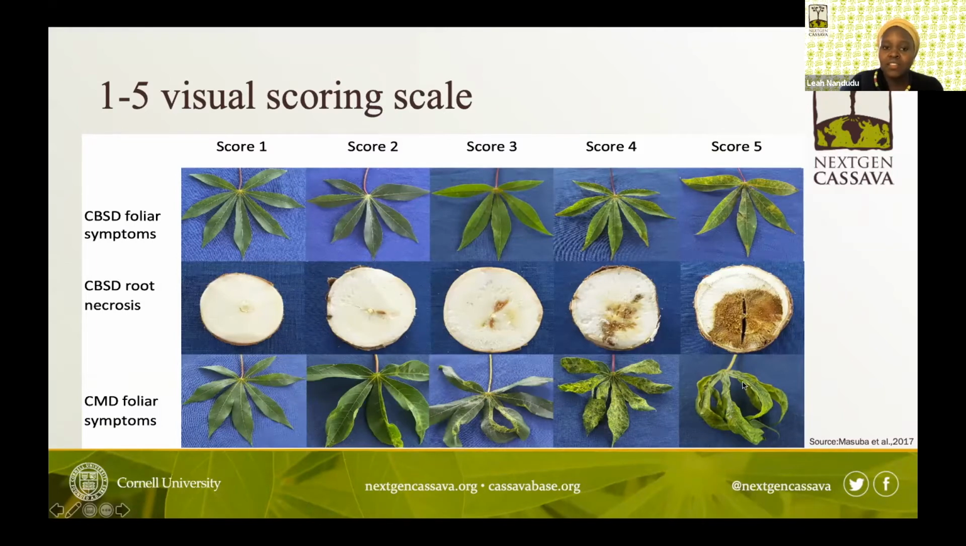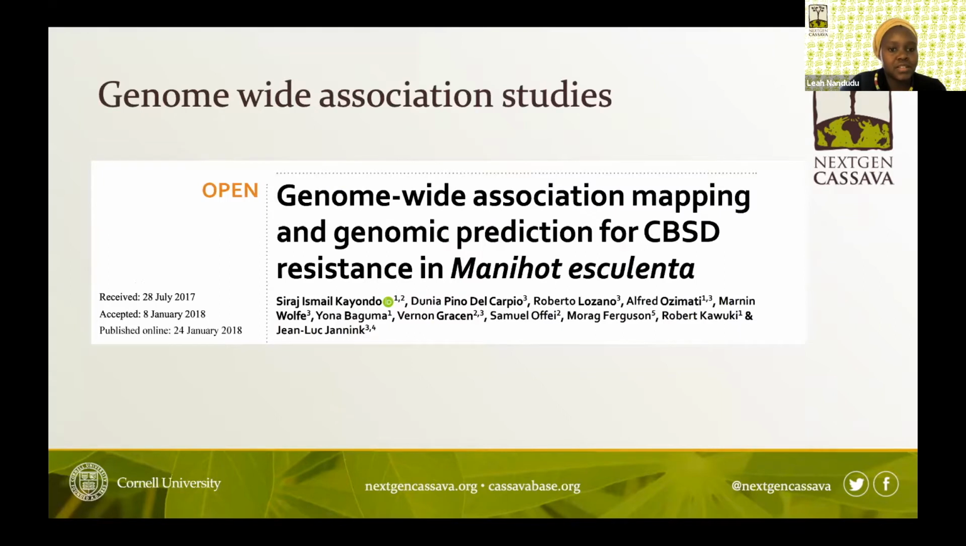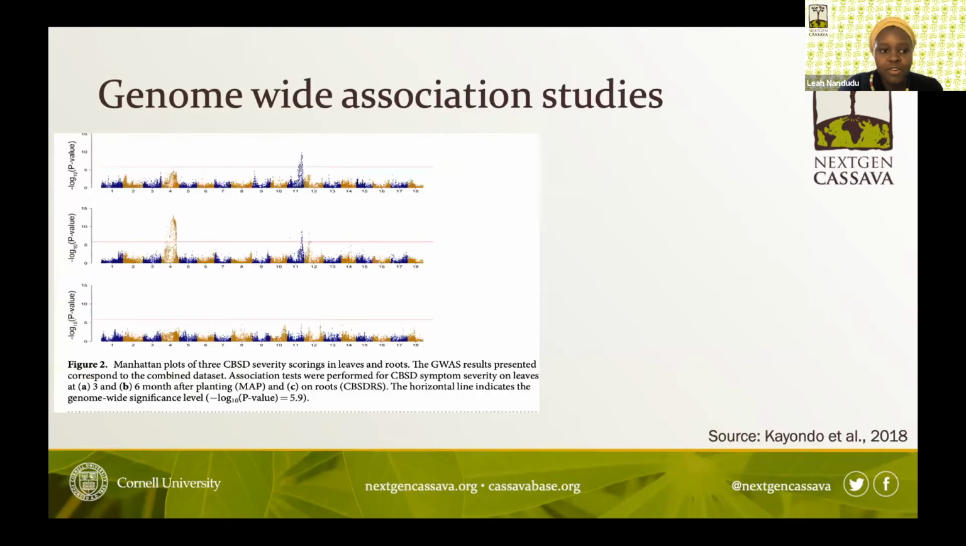Many studies have been conducted to try and understand genetic resistance to CBSD. But I'll talk about the most recent study from 2018 by Ismail Kayondo, where they conducted genome-wide association mapping and genomic prediction for cassava brown streak disease. In this study, they found that at 3 months after planting, when assaying the foliar symptoms, significant peaks were detected on chromosome 11. And at 6 months after planting, significant peaks were detected on chromosome 4,